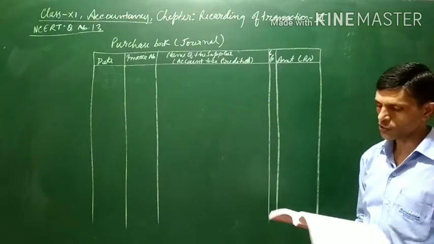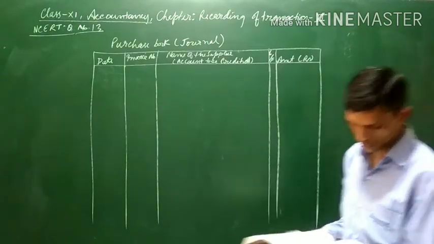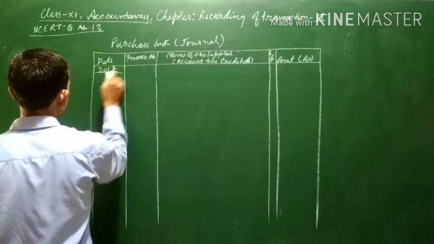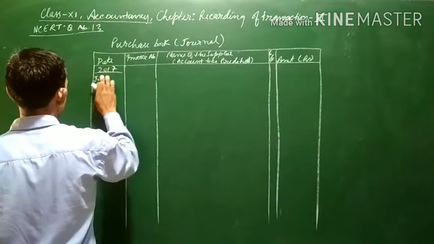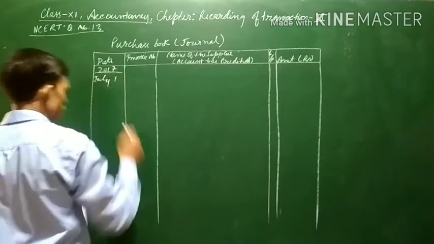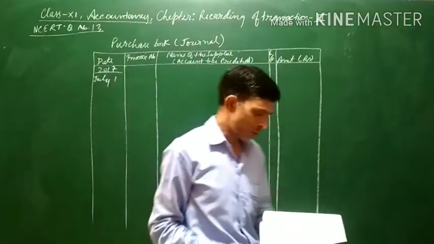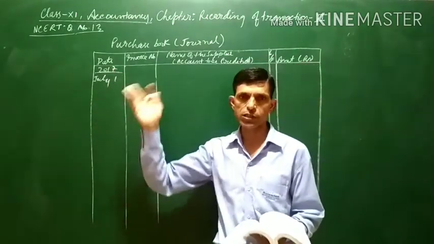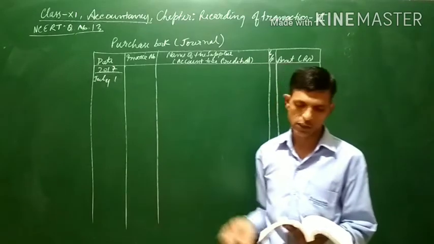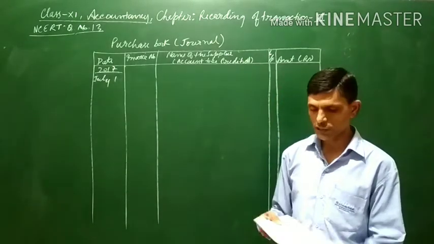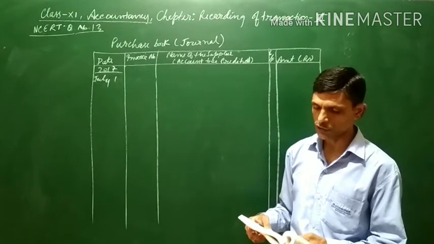The very first transaction is on 1st July, and the year is 2017. One more thing to note is that in some books, if there is a previous edition, instead of 2017 it can be 2014, 15 or any other year. But in this book, since it is written 2017, accordingly I am also writing 2017.